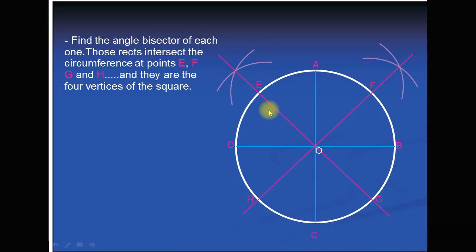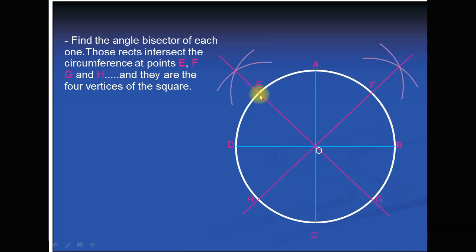For the bisector of angles, put the compass at this point O and open the compass greater than the half of this arc and draw an arc here, and then put the compass at this point D, draw another arc, then connect this joining point to the point O. You will get the bisector of this angle, which is OE.